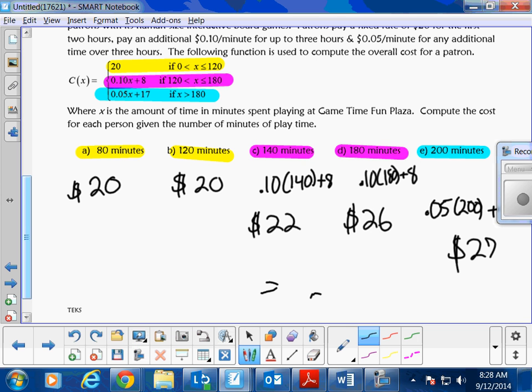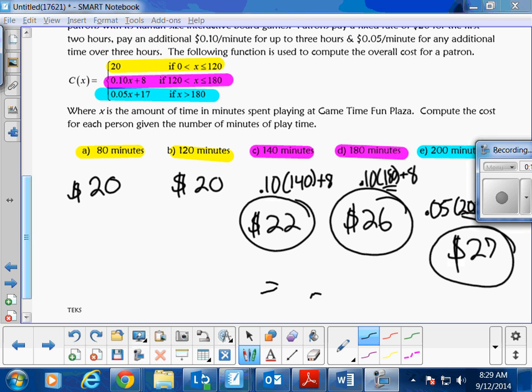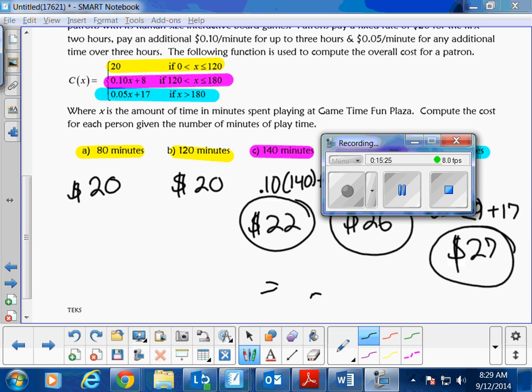the time that's played, like first A and B, you're going to see that it matches up with the yellow one, which is $20. So for those, the answer is just $20. C and D match up with the equation that's in purple, so you're going to use that equation to figure out the costs, and you'll find if you input 140 where the x is, you'll end up with $22 here, and you'll end up with the other one at 180 and $26. Lastly, the last equation, the blue one, has to do with the last one, which is the 200 minutes, and you'll end up with $27 an hour. Okay, great. All right, so I thank you